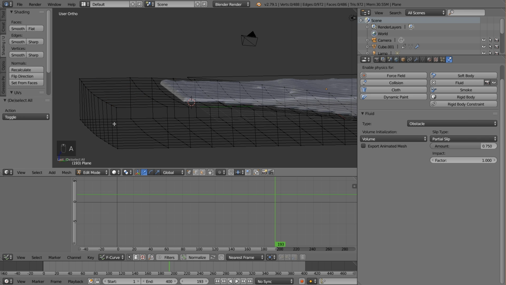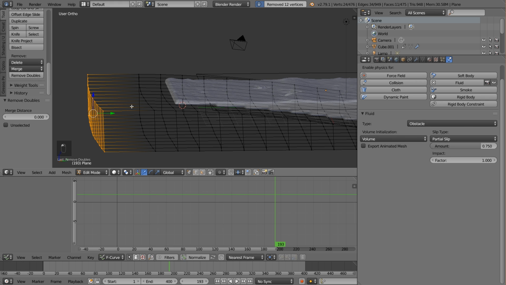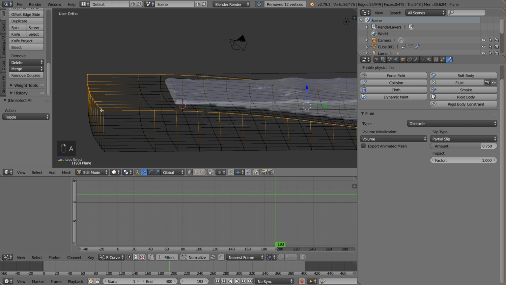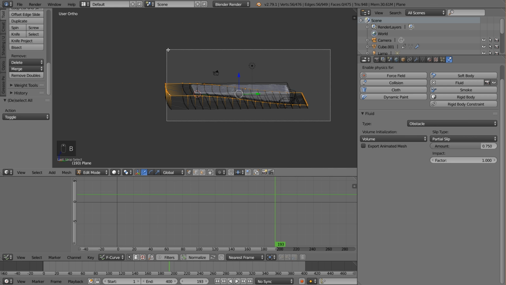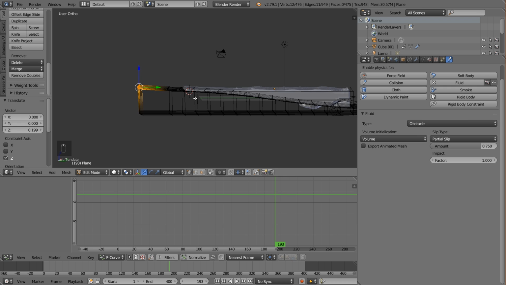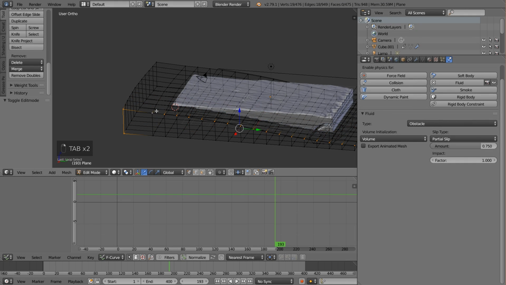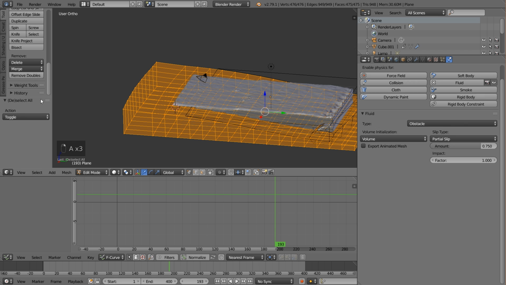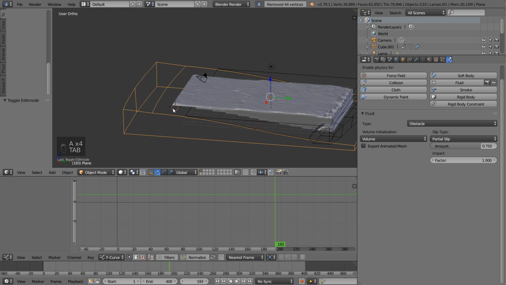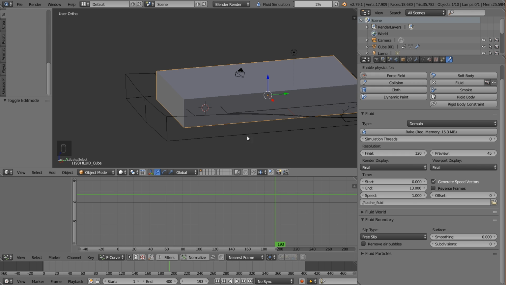Oops, it looks like I have some duplicates here. Just select them all, and in our toolbar, tools, remove doubles right there. And then, yeah, with that top face of vertices there, not all of you, just the top ones, we'll lift it up a little bit higher to give ourselves a little bit more beach shore. And that's looking very nice and should work. It does look like I have a few more doubles, so just select everything and remove the doubles. And that should work. So if I bake my simulation now, I think we'll be getting some pretty nice results,